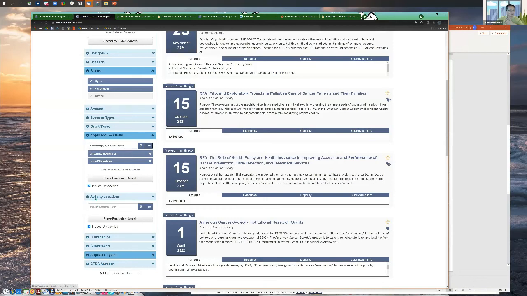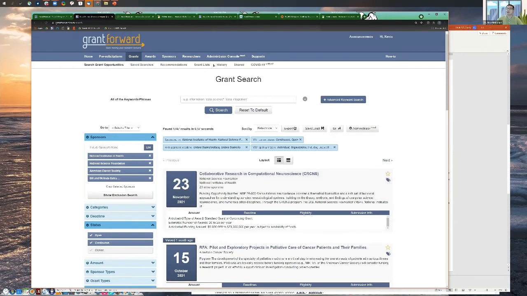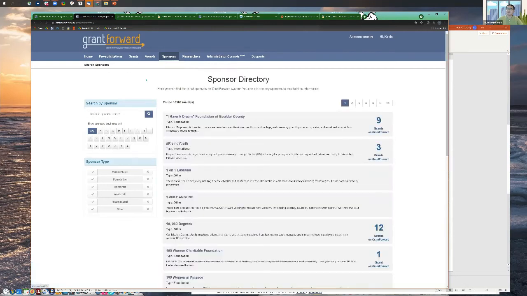Another kind is activity location. This means where the research activity or whatever activity, such as travel or conference, should be performed. You can similarly do this. This will often not be the place where you are, or it can be a wider range. So you can specify this as well. So this is about specifying the location filter in your search. And then I believe you can also do this in your recommendation. Let's see, it's under